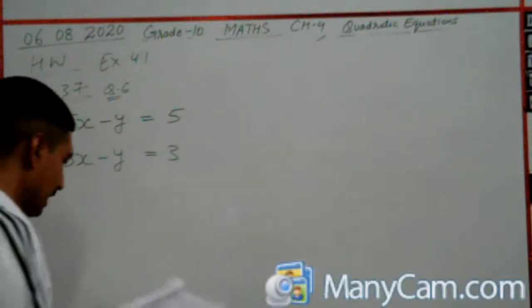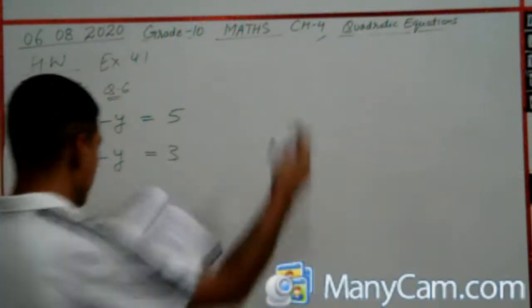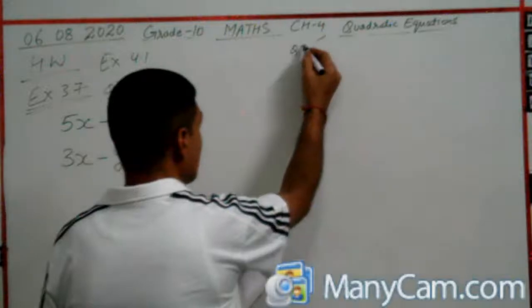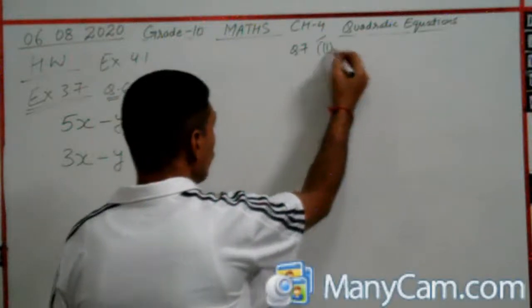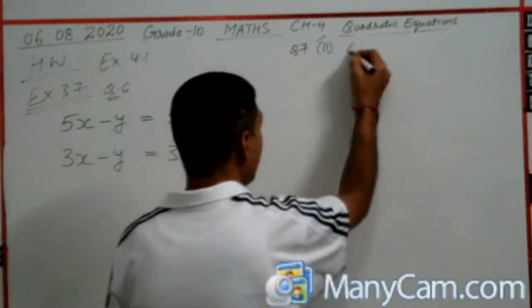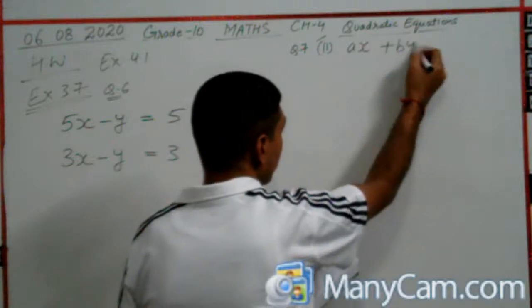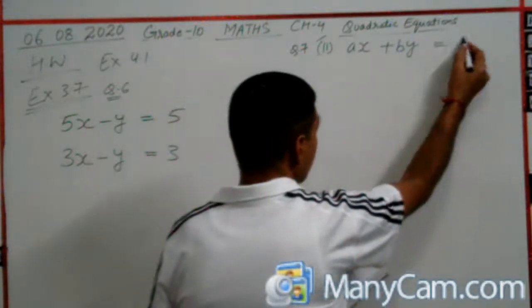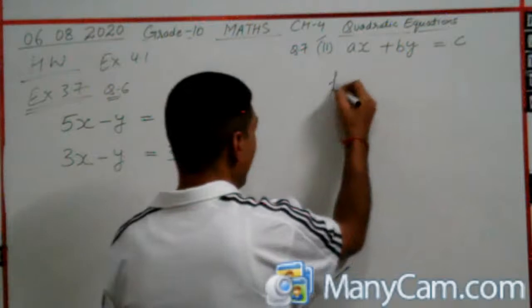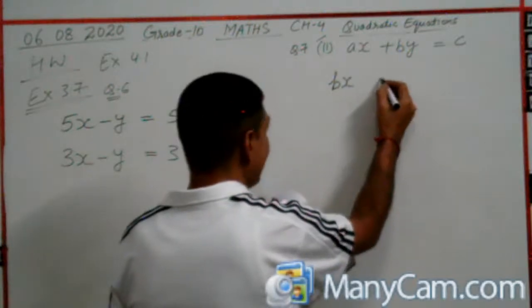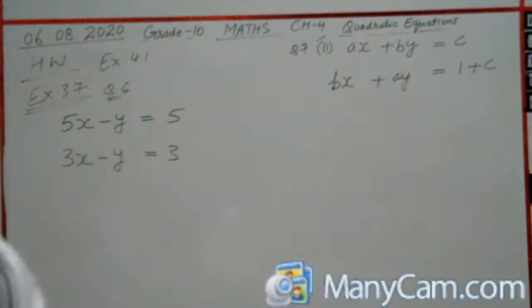We have the two equations. One is question number 7, part 2. First one is ax plus by is equal to c, and bx plus ay. We all know that the